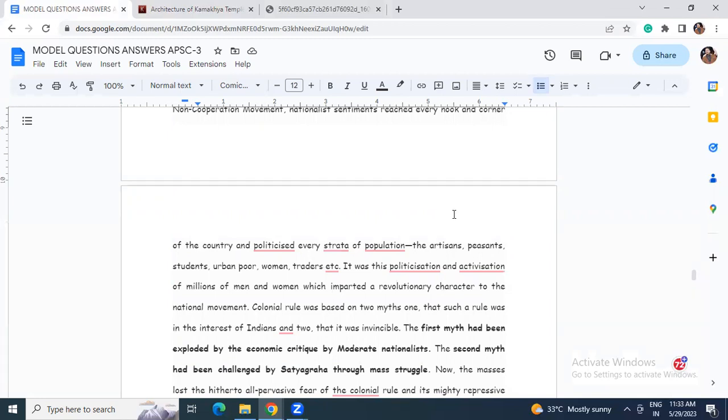population. The artisans, the peasants, the students, urban poor, women, traders, সকলো section, সকলো state of the population consider কৰি